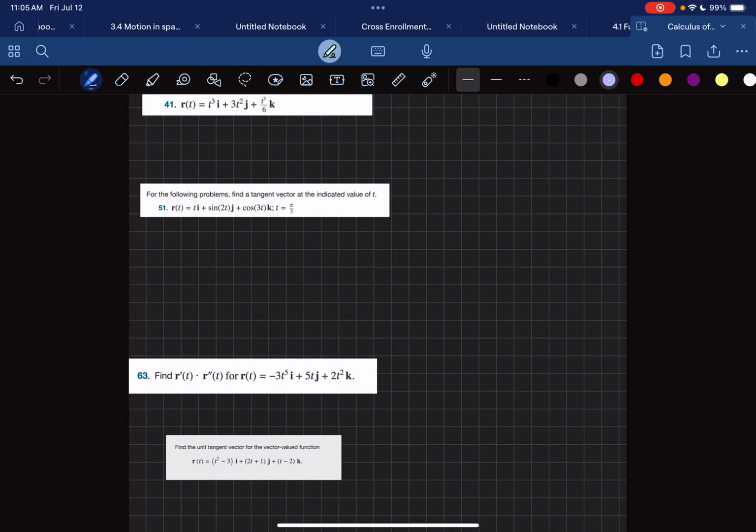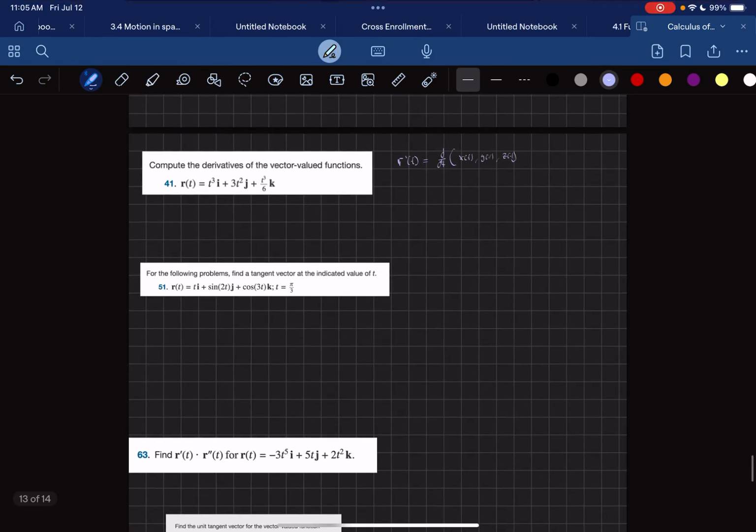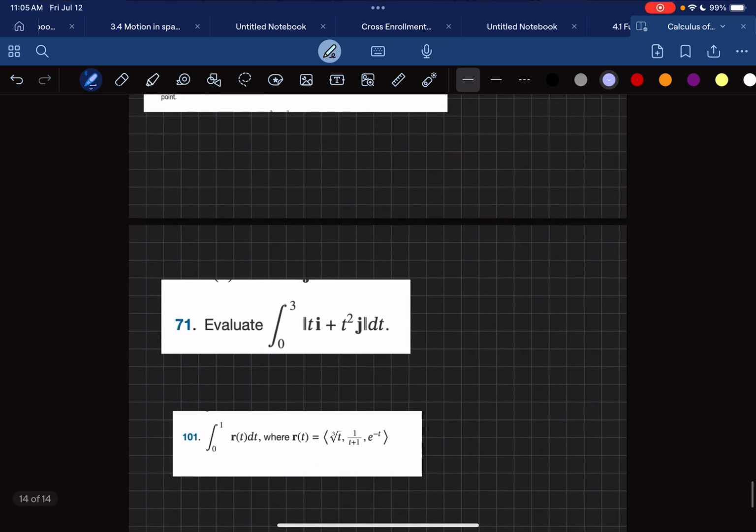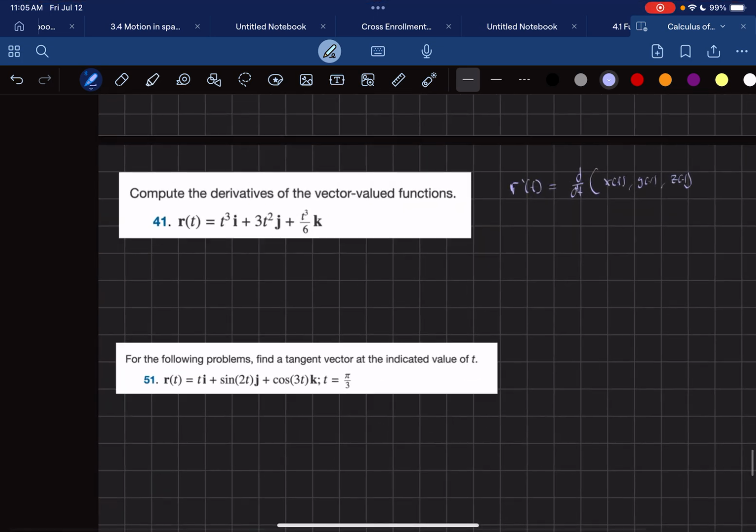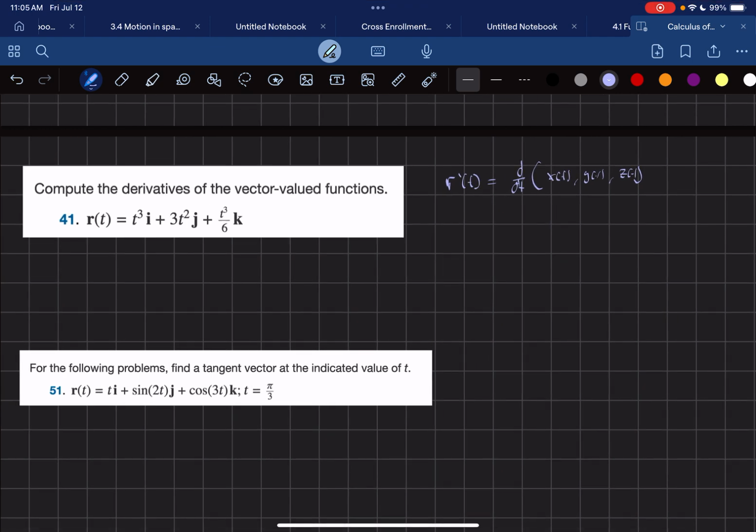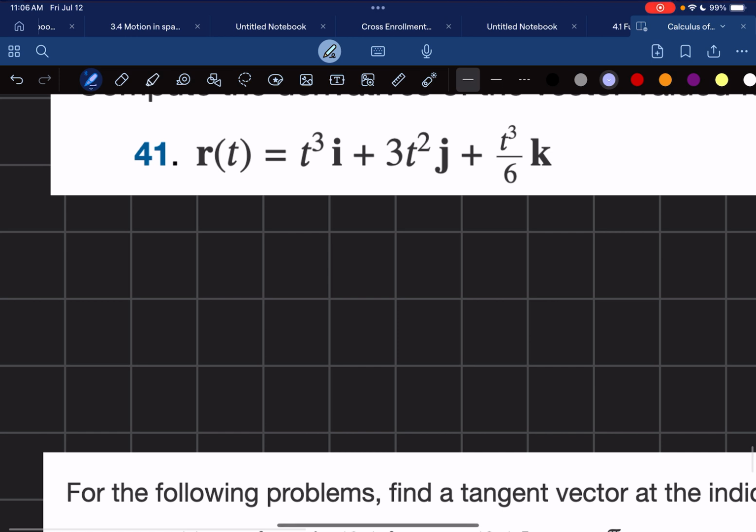So finishing off this video, I will be showing you how to complete these exercises. So first things first, compute the derivatives of the vector valued functions. So right here, the definition is just d over dt of these single sections. So this would correspond with x of t, this would correspond with y of t, and this would correspond with z of t. So I would annotate my stuff again with f prime of t,